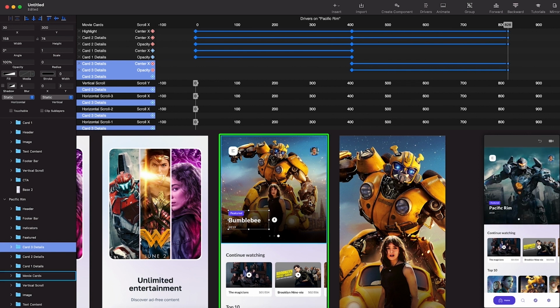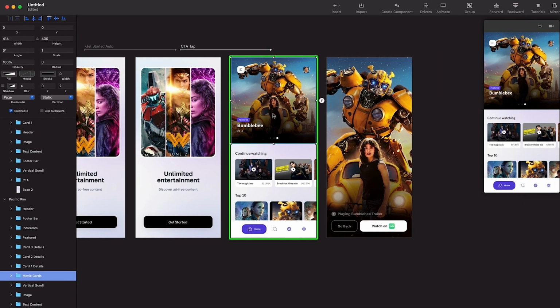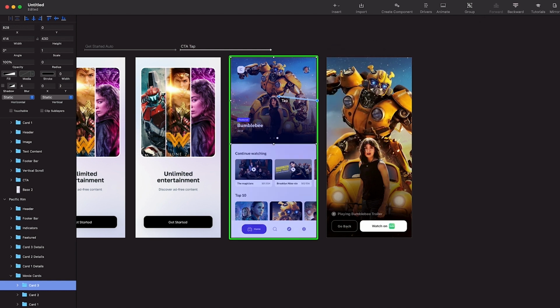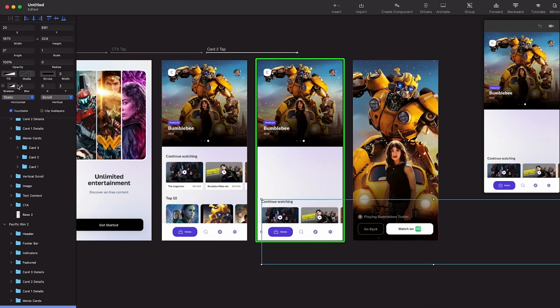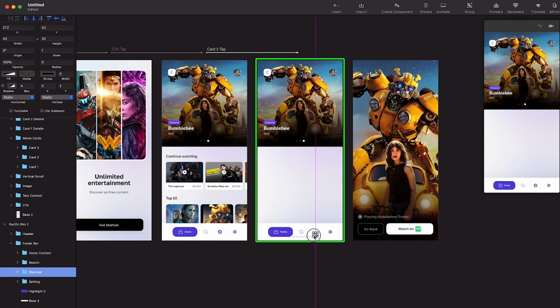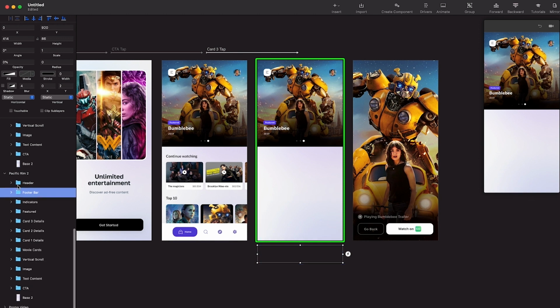So this is nice. And now we're gonna hide the drivers, and as we tap on this bumblebee card, we should see the movie. So I'm just gonna go to card3, tap, click, and move this vertical scroll down, reduce the opacity. I'm gonna move this footer bar down, reduce the opacity,